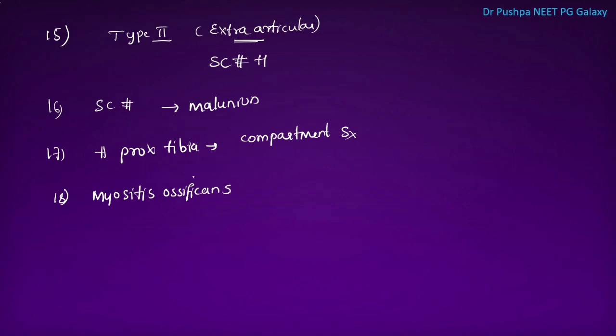18th is one of the important topic, myositis ossificans. This is the ectopic benign pathological bone formation. Usually it is one of the delayed complication of supracondylar fracture of humerus. This is benign condition. There is ectopic bone formation. Most common joint involved is elbow. This myositis ossificans occurs due to passive manipulation or giving massage.